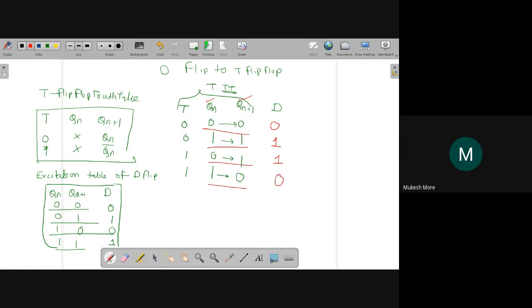So in this way, we have made a table with two things, that are excitation table of D and truth table of T. Okay. After that, we have to plot K-map for